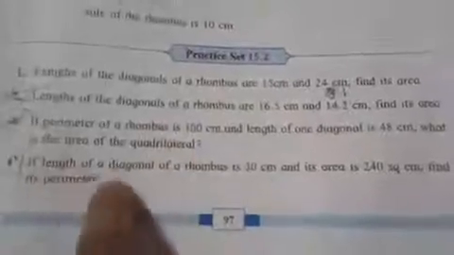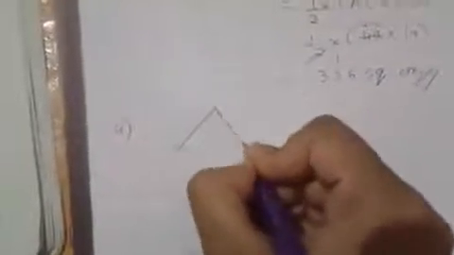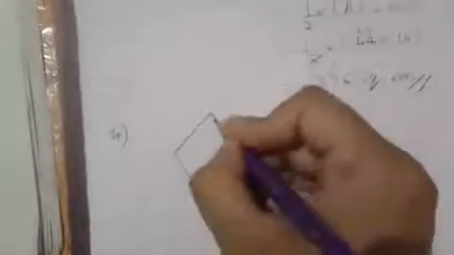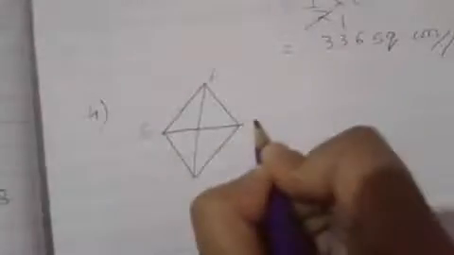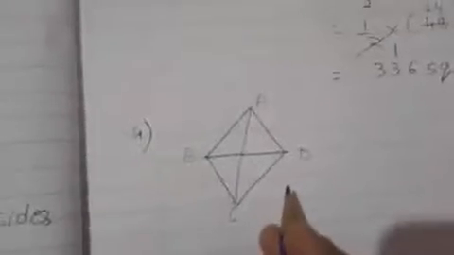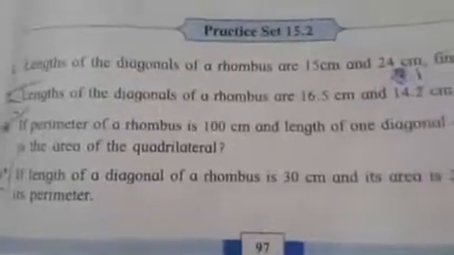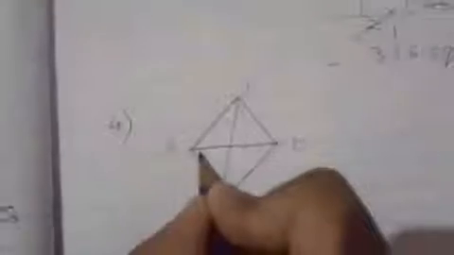Okay, now I will be drawing this diagram. Just look. So this diagram is same. The fourth one's diagram is same as the third one. So I will draw the rhombus again. I will draw its diagonals again. Okay, just see what was the naming. Yes, it was A, B, D, C. Now here they are giving us the value of one of the length of the diagonal, that is 30 centimeter. They are not stating which diagonal is 30 centimeter. I will take here BD as 30 centimeter. So I will write BD as 30 centimeter here.